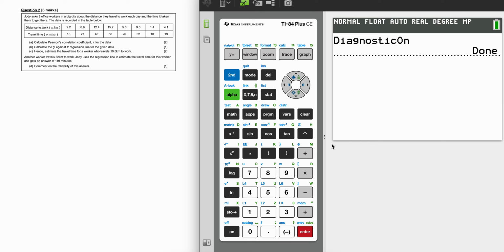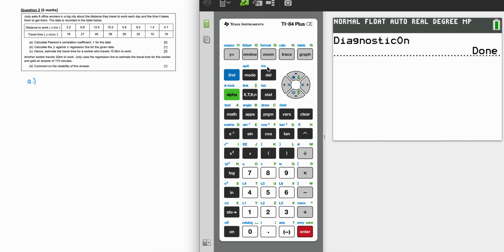We're looking at the correlation coefficient. So we can see there that we're looking at the Pearson's one particularly, and we have 8 pieces of data, the distance that people walk to work and the time that they travelled. So how far away and how long it takes them, basically. So the first thing we're going to have to do there is for part A to calculate the correlation coefficient,